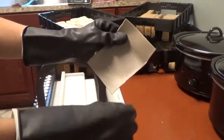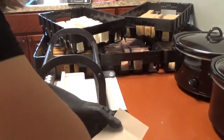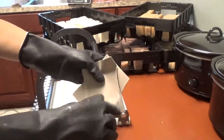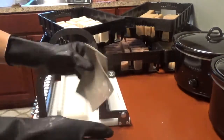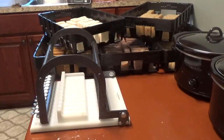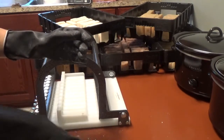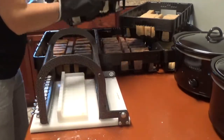And so like this, I have some little pieces, I'll just kind of scrape them off. These gloves, I tell you, and then here, I just flake these off. Yeah, and that's the trouble with the cold process because it's still wet. It's still kind of sticky, where the hot process usually isn't. But put those up, and then what I'll do is take a rag, wipe all this up, and I'll just throw the rag straight in the washing machine. So anyway, there you have it. There is my